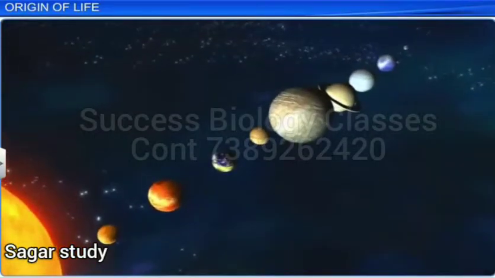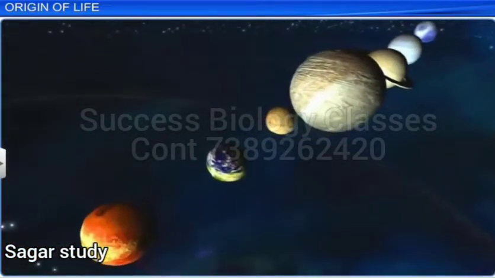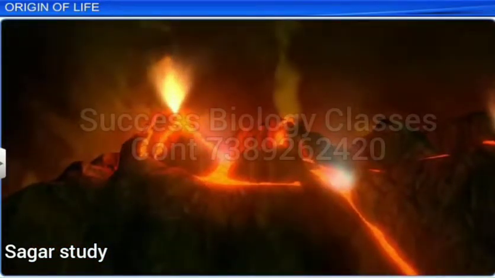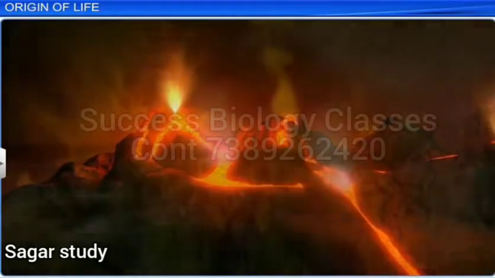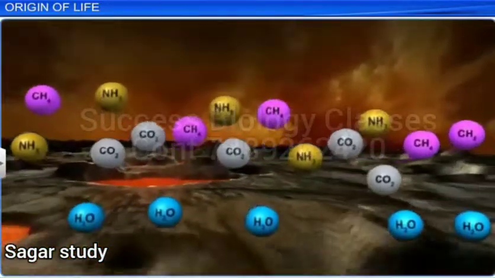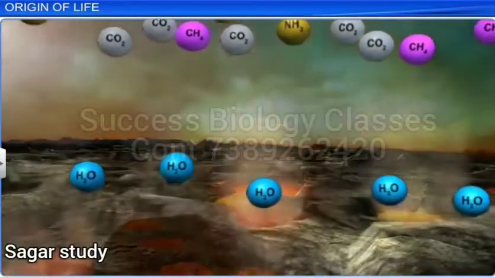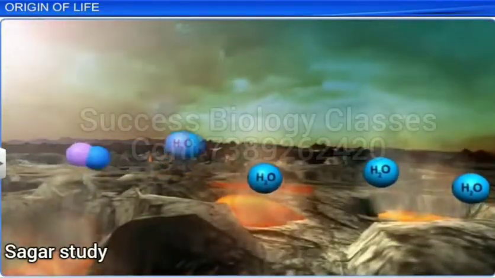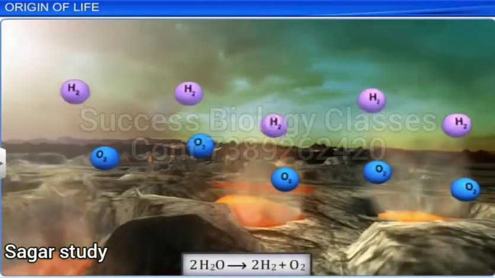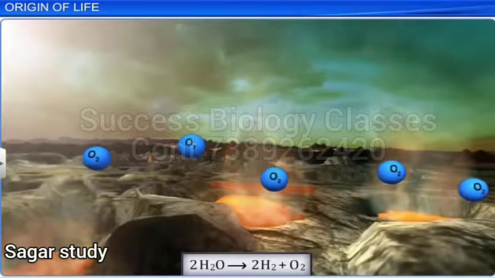One of the galaxies known to us is the Milky Way, which contains the solar system, and the Earth is one of the planets in the system. At the time of its formation, there was no atmosphere on the Earth. Its surface was covered by water vapor, methane, carbon dioxide, and ammonia released from the molten mass. Gradually, the ultraviolet rays of the sun broke up the water, which was in vapor state, into hydrogen and oxygen. Hydrogen, being a lighter gas than oxygen, escaped.